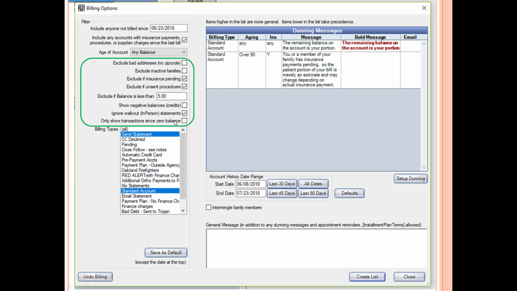Okay, here are the other boxes that I think are pretty important. I don't want to send statements to anybody who has insurance pending. Remember, we collected the patient portion during treatment, so I don't want to bug them with confusing statements. You're just training patients to ignore their statements. So we're not going to send them any statement, and we tell them this ahead of time. This is part of inform before you